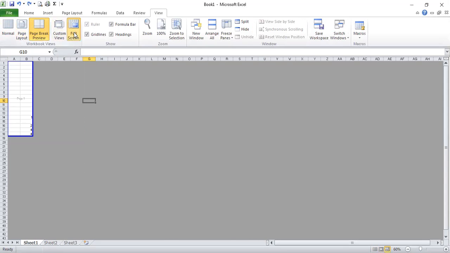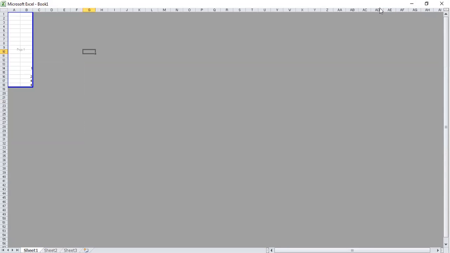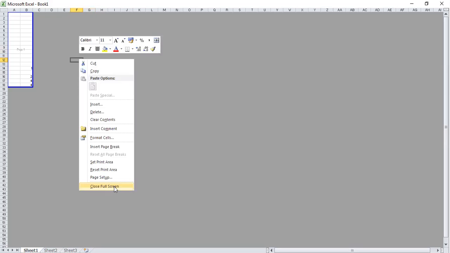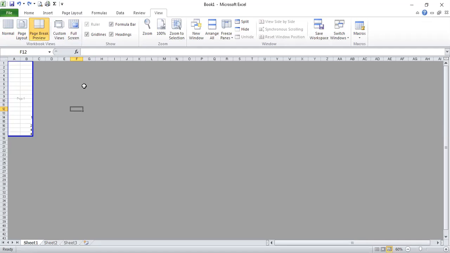And then this is full screen. The other ribbons and all, they are hidden now. So to close this full screen mode, right click, close full screen button पे click करो या escape key दबाओ keyboard से. So we'll come back to the normal view now.